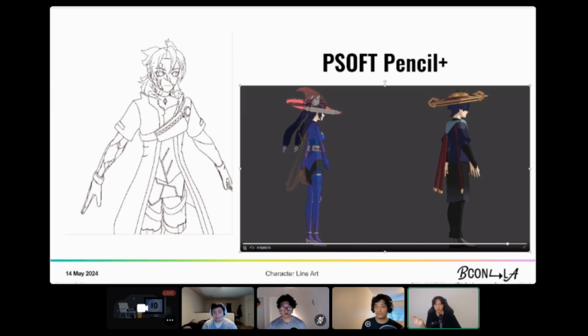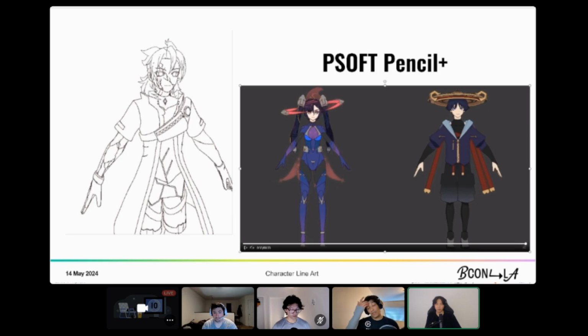We love Pencil Plus compared to Grease Pencil for one major reason, which is that it is significantly faster. So Pencil Plus, I think, is optimized to a degree where we can see improvements of like 10 times the speed at which you have to calculate Grease Pencil at the moment. There's a lot of reasons for that. I believe right now Grease Pencil is solely using CPU calculations, for example. Pencil Plus is actually raster based. So there's a lot of different ways that they're doing it, but it's ultimately giving us a very similar result,